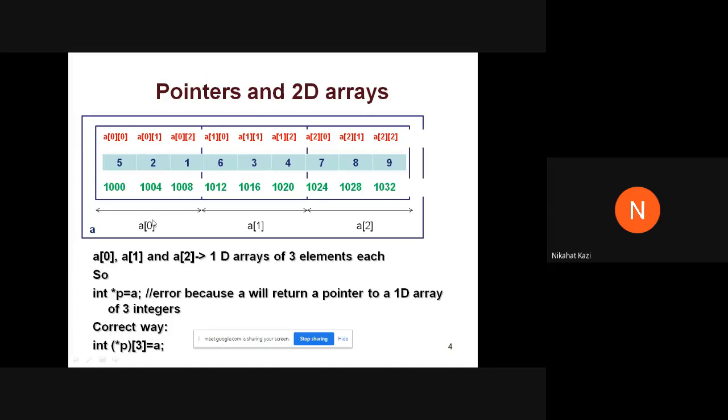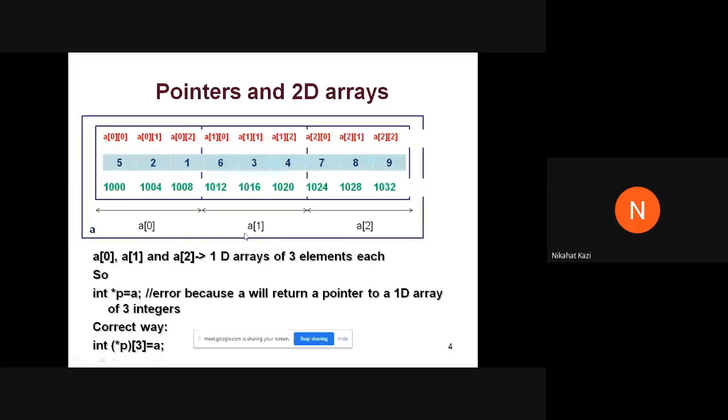Okay. So now if A is my array, the name of this first array is A of 0, the second is A of 1, and the third is A of 2.